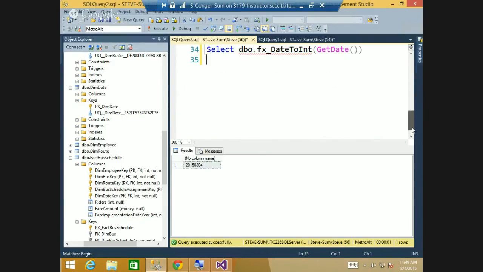Ready for the next part? So we need to create a view for the date table. So I'm going to create view VW, I'm going to call it dim date, as